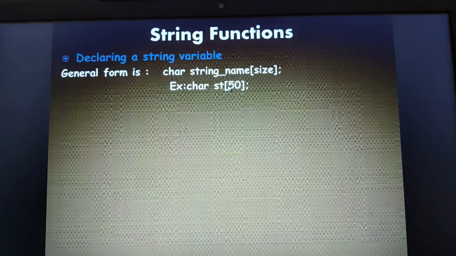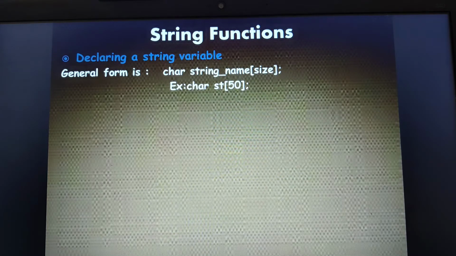Therefore we need to specify the size here. So this string will reserve 50 bytes to store the characters for the string variable known as st. So this is a string variable, followed by its size.